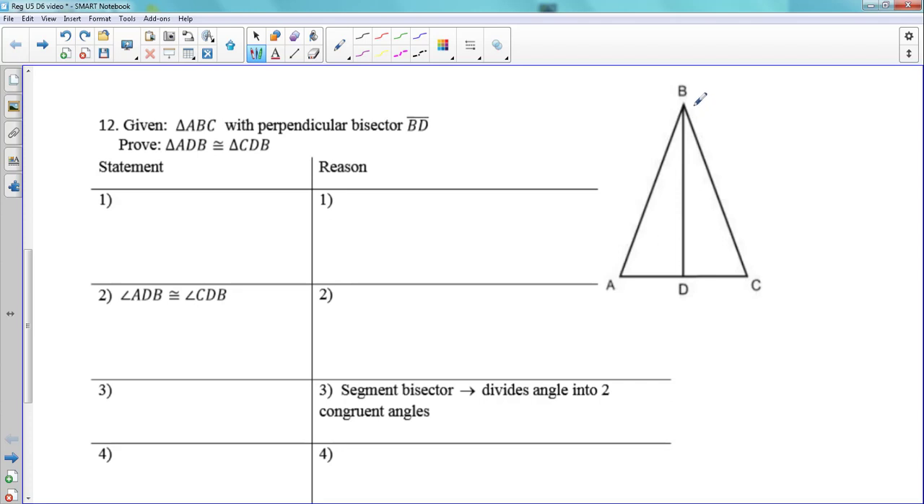Okay, so we know triangle ABC has a perpendicular bisector of BD. Remember, perpendicular lines form 90-degree angles. Bisectors cut something in half. In this case, it's a segment being cut in half. So I know that BD is meeting AC at a 90-degree angle, and I also know that BD is cutting AC